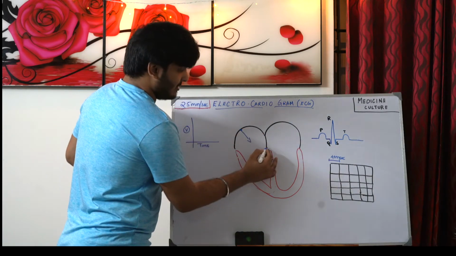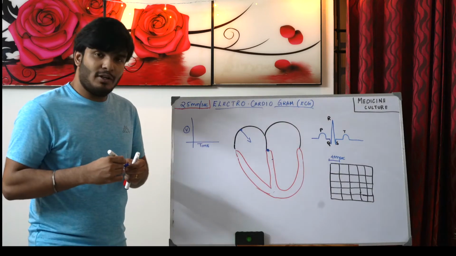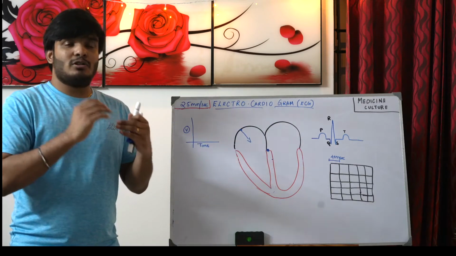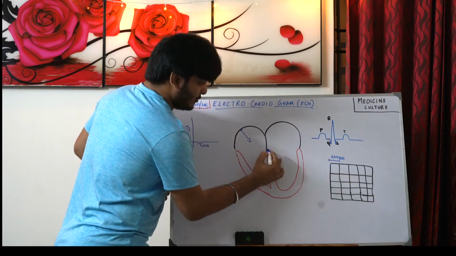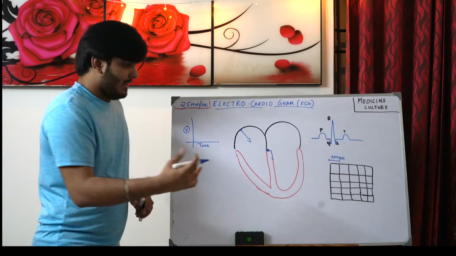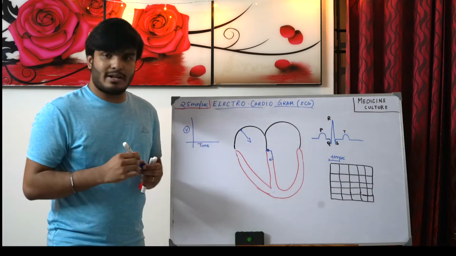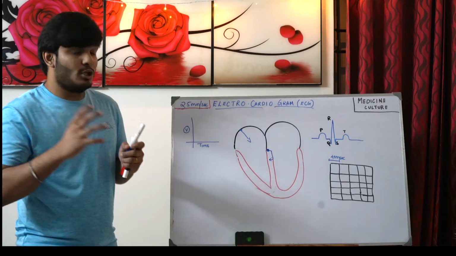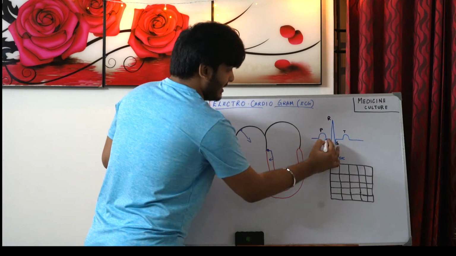So now the impulse is at the AV node. Again, we already know that the AV node has the least number of gap junctions and it has a delay of 0.06 second to 0.17 seconds, the AV nodal delay. You see the impulse moves from the AV node to the left bundle, then it moves to the right bundle. So this pattern we are going to track. Now this delay of 0.06 second to 0.17 second is what gives us an isoelectric line here.